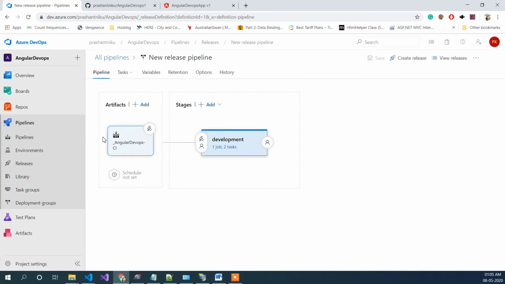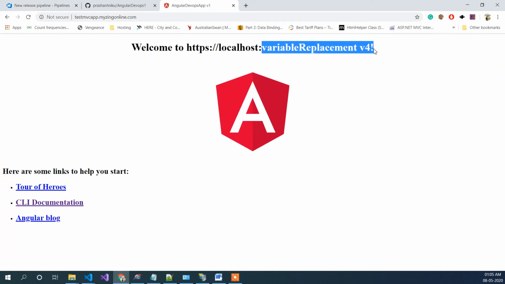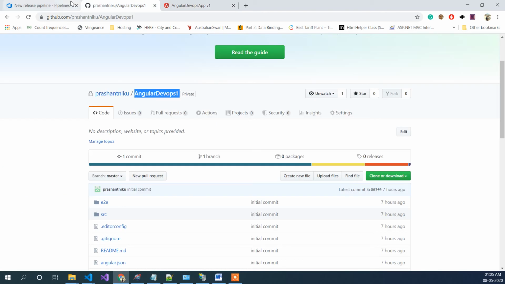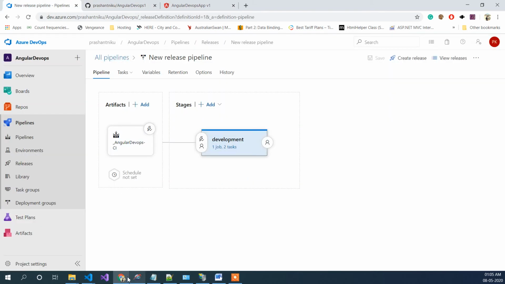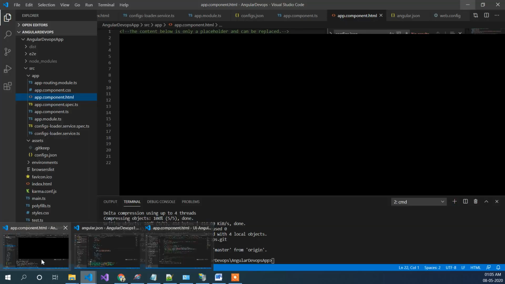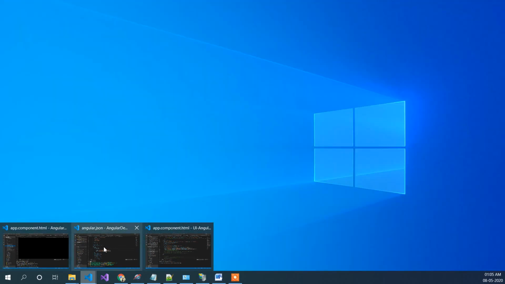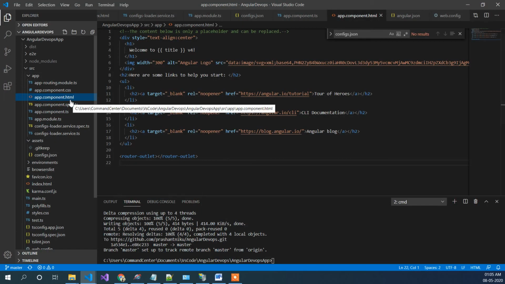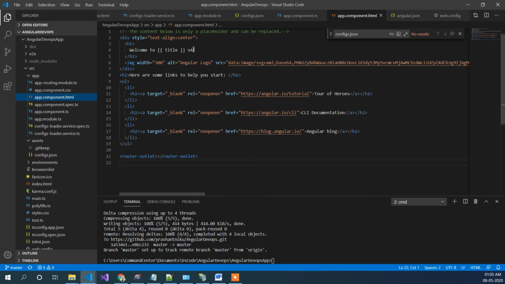Save. It's all enabled, trigger enabled, and when I commit the things, it should change with version 4 what I have added. Some confusion. Okay, version 5.